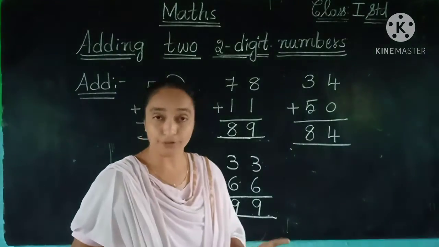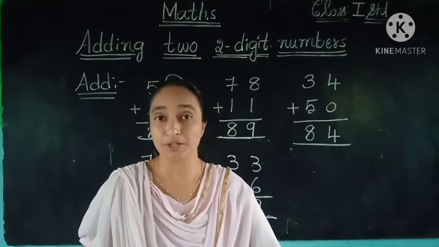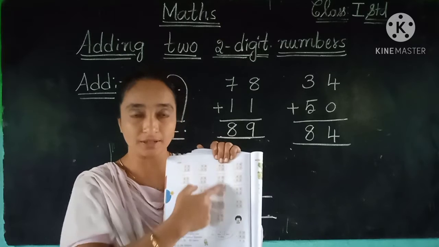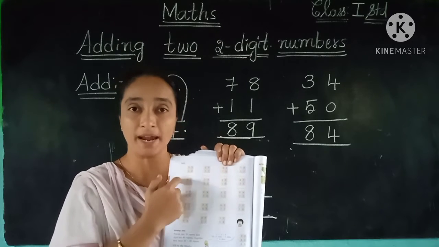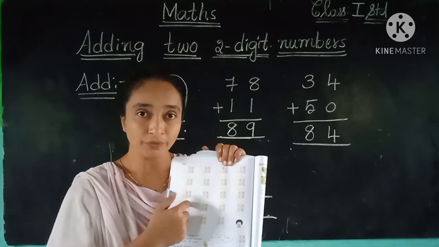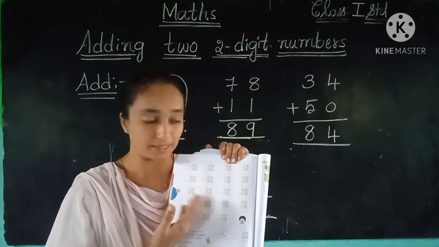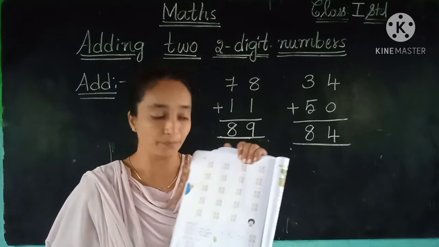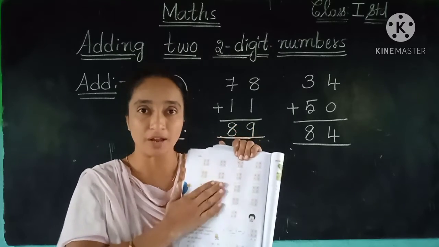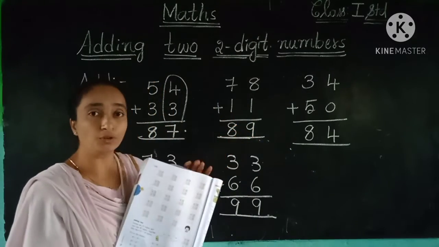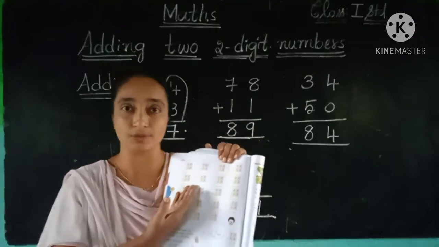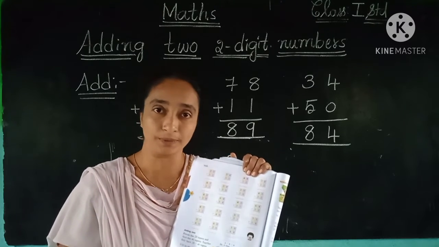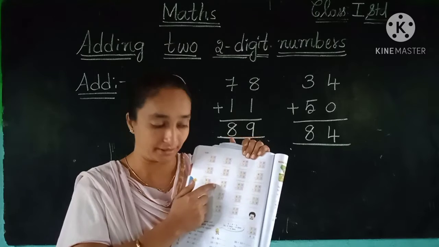So children, all of you take your textbook. Here we can see the page number 146. Look here, we have this one exercise, step, add. They have given us sums for you. So first you can begin from the ones place. So very simple, very easy, you can do it very fast also. So you can complete these, children. These 5 examples, what I have given on the board, I have taken all from this exercise. So 5 sums I have already done. The remaining you can do on your own. So do it very slowly and neatly.